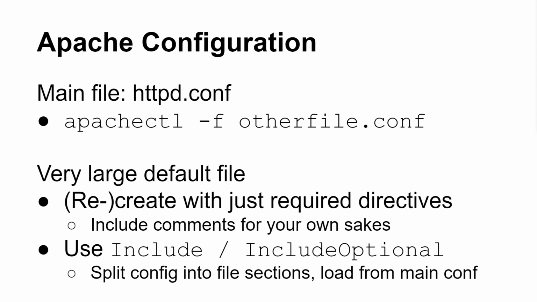So oftentimes what we do is we'll just recreate the file. I like to keep a backup of the original, create a new one, and delete everything except for the required directives that I want for that particular configuration. Other alternative methods include breaking up that particular file into multiple smaller files and using an Include or IncludeOptional directive pointing to the file path for another configuration file to load in addition to any directives in that main